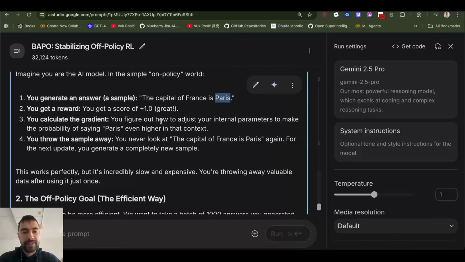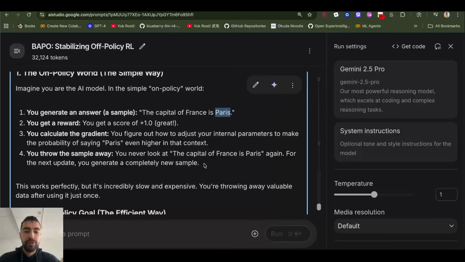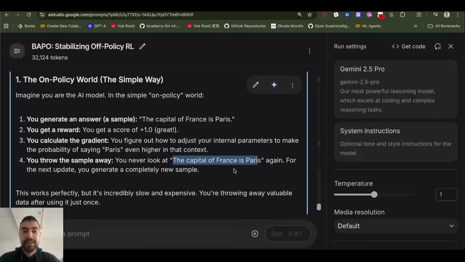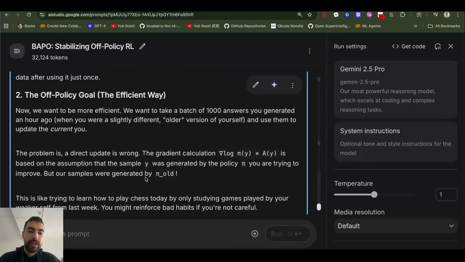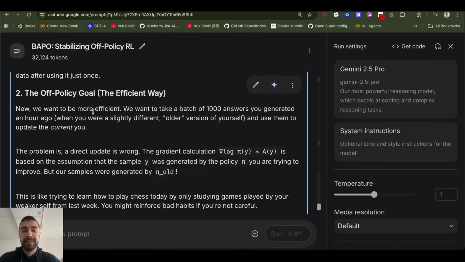So this method is actually good, but it's slow and expensive compared to off policy, because here we generate a sample once, we reward or not reward the model based on that sample if it's correct or wrong, and then we generate the next sample. Now off policy will actually reuse this same sample multiple times to teach the model. So that was on policy, but let's now look at off policy, of how it reuses the same example to teach